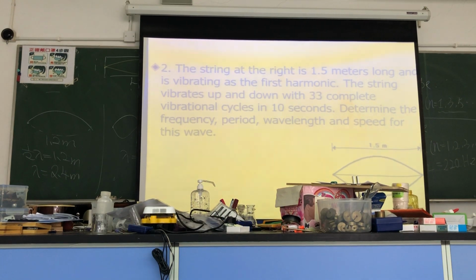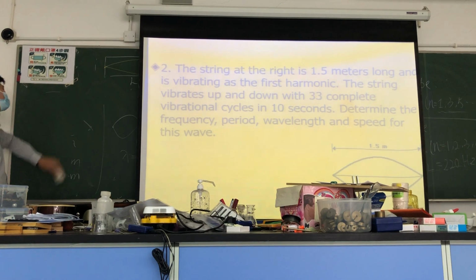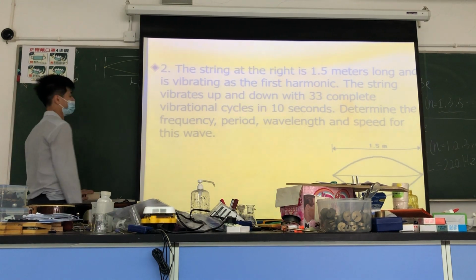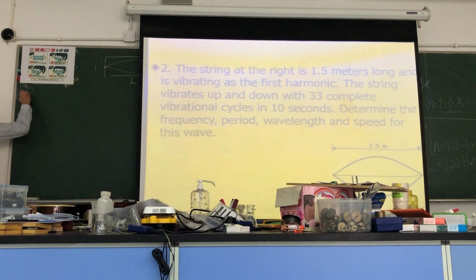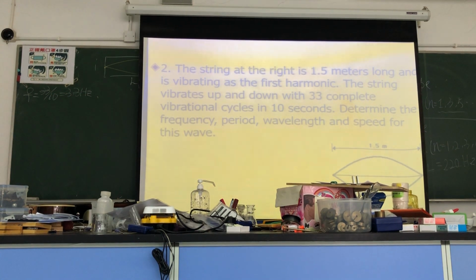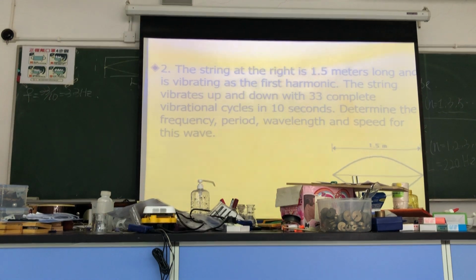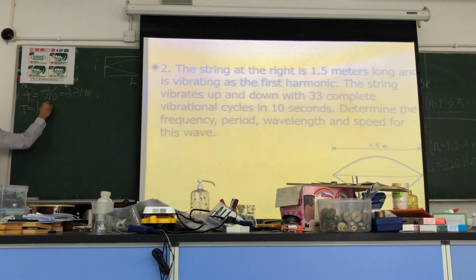10 over 33 or 33 over 10. The frequency. Frequency 係咩啊？frequency 係每秒做到幾多次，係咪？應該係33除10定10除33？33除10，就係3.3 Hz。因為佢每秒可以 vibrate 3.3次，所以佢嘅 frequency 就係3.3 Hz。咁 period 係咩？period 就係 1 over f，咁就係 1 over 3.3 seconds。